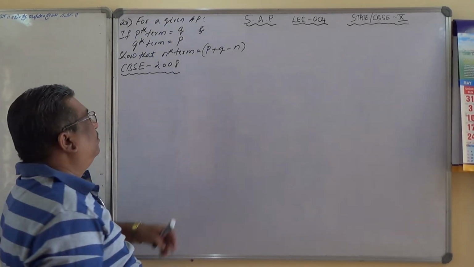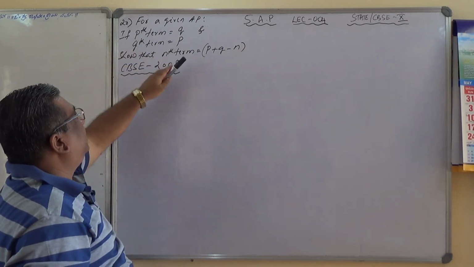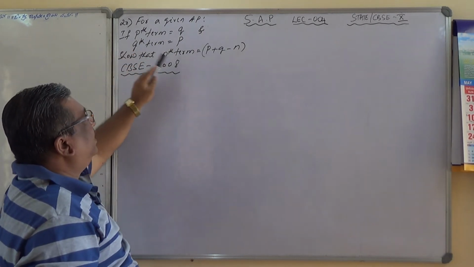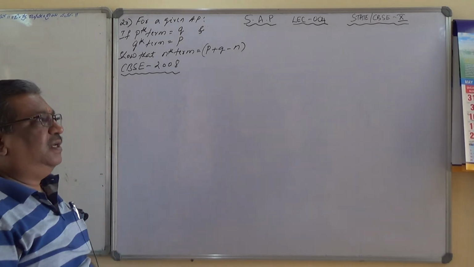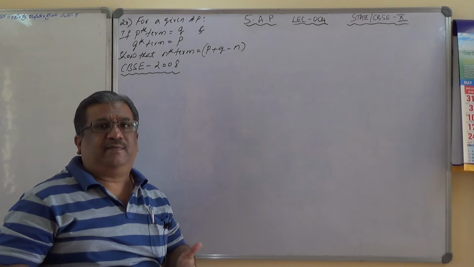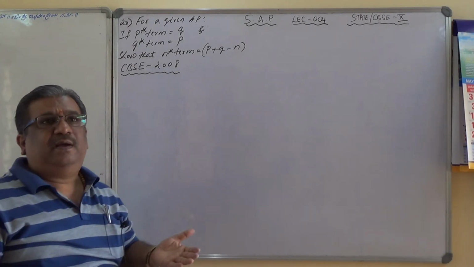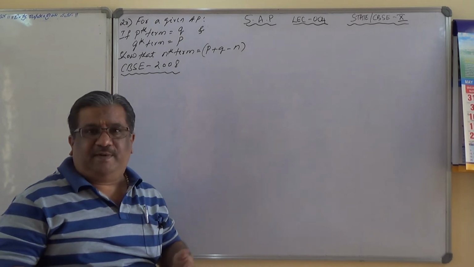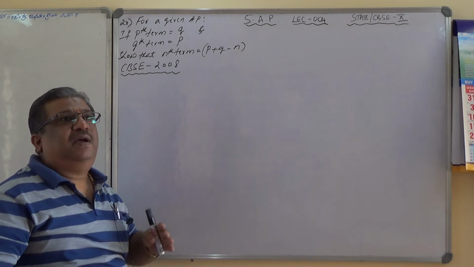Here we will take one more sum. CBSE 2008. For a given AP, pth term is q, qth term is p. Show that nth term is p plus q minus n. Is it clear? See, all these numericals you have to read very carefully, and generally in such numericals a and d will be the first term and the common difference, and according to the question you have to form the equations,